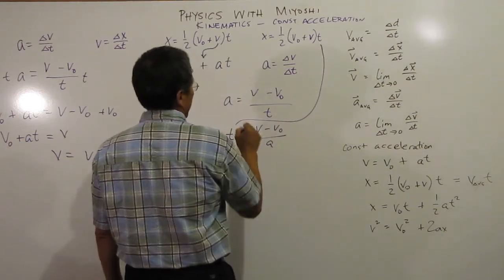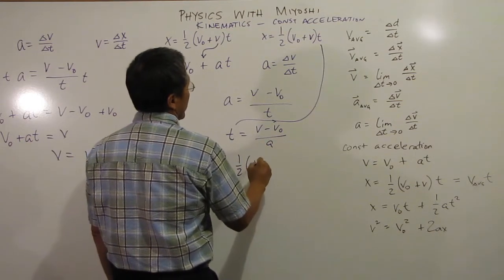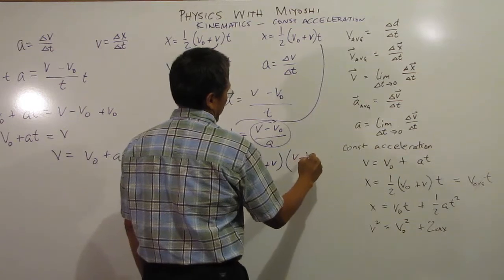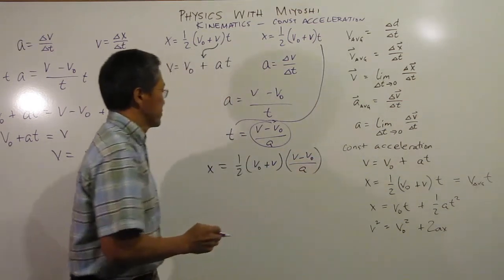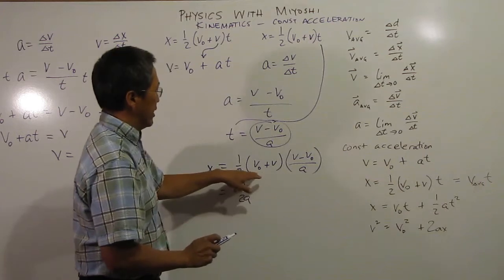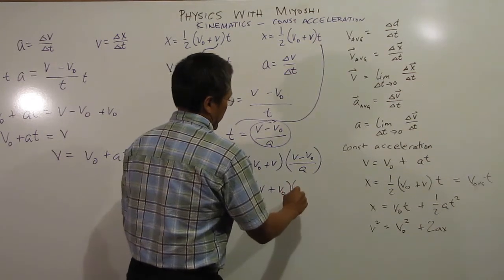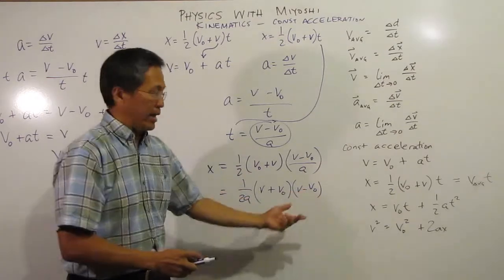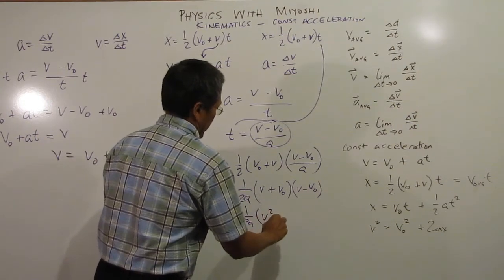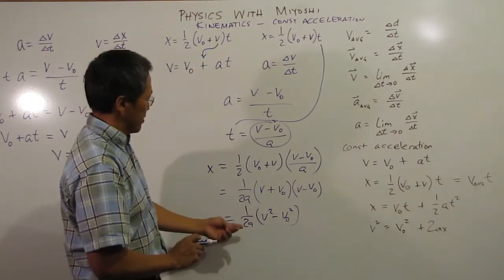Now if I substitute this in for t up there, then I have x is 1/2 (v0 plus v) times (v minus v0) over a. Okay, I'll bring the a out of here, so I get 1 over 2a. And if you recognize this, we'll just rearrange it to (v plus v0)(v minus v0). Hopefully you recognize that as a difference of squares, so we get 1 over 2a times (v squared minus v0 squared). And then I can rearrange that finally to be